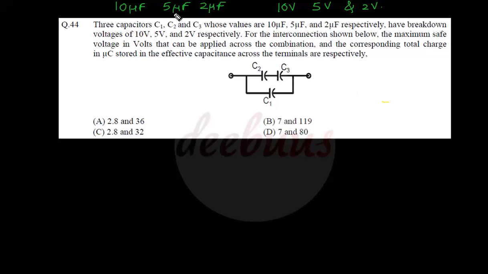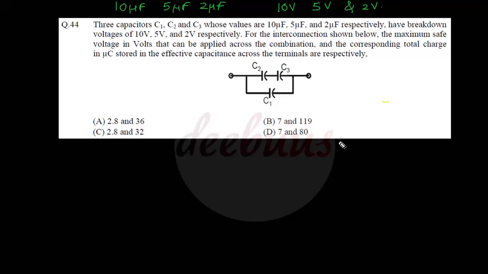So here C2 is 5 microfarad and C3 is 2 microfarad. These are connected in series. The lowest of C2 and C3 is 2 microfarad, that is C3. So the maximum voltage must drop across C3, right? When I apply a voltage V across C2 and C3, the maximum voltage must be dropped across C3 compared